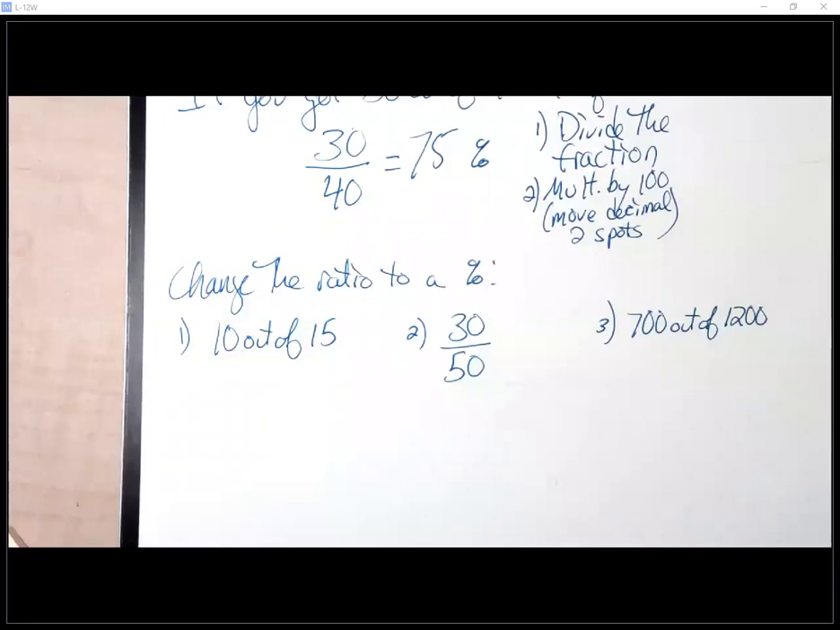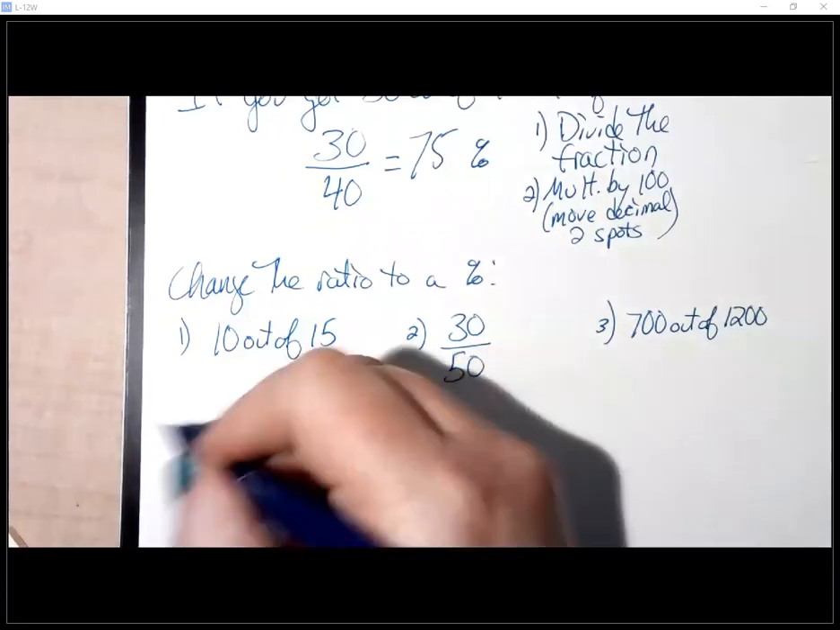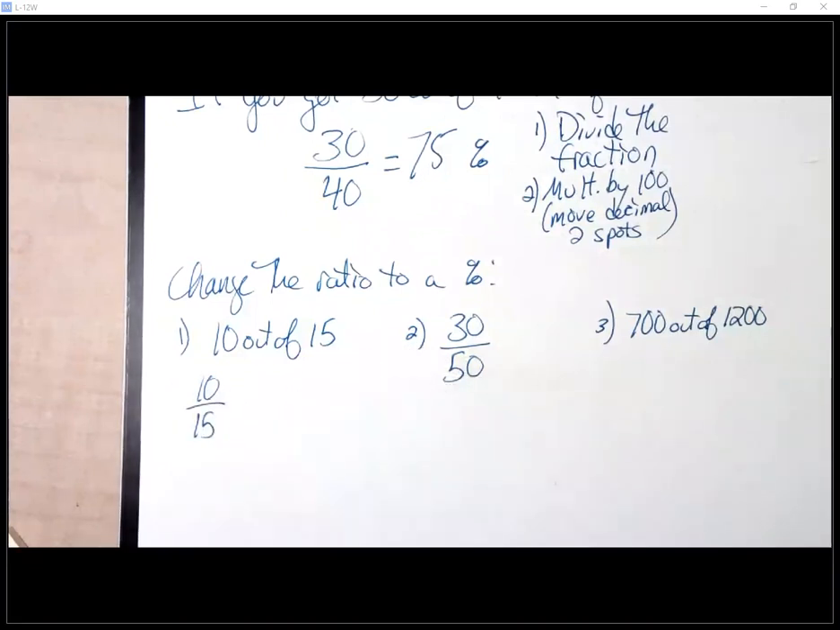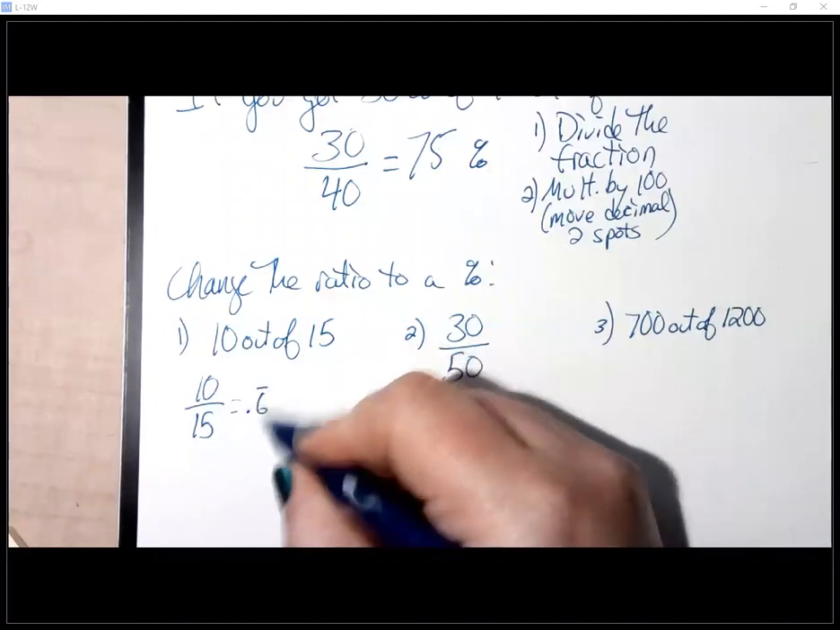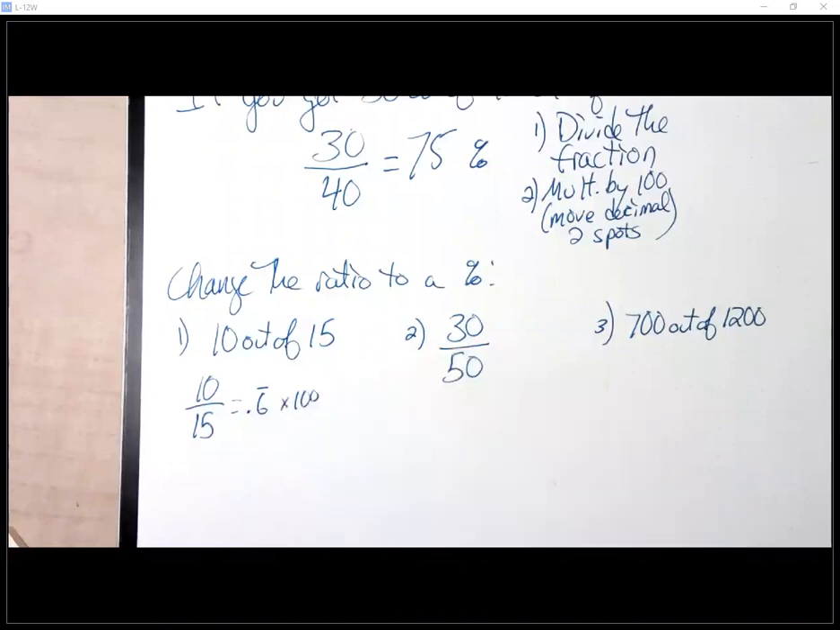So first of all, 10 out of 15, if you're gonna write that as a fraction, that's just 10 over 15, right? If they give it to you in words, you can just write it as a fraction, no big deal. So now, according to our steps, we're supposed to divide that fraction. If I grab my calculator, do 10 divided by 15, I get 0.6 repeating. But now remember, you need to take that answer and multiply it by 100. There was our second step. So when you get that, you get